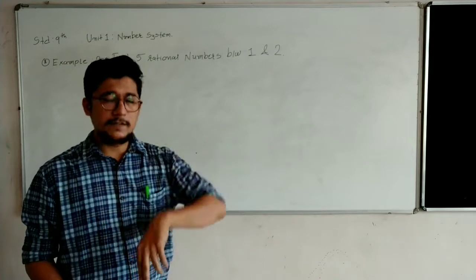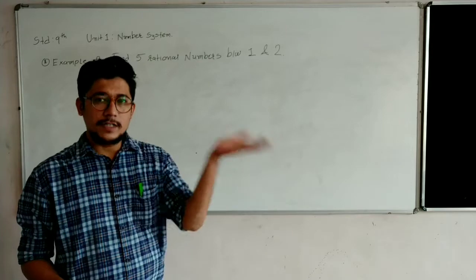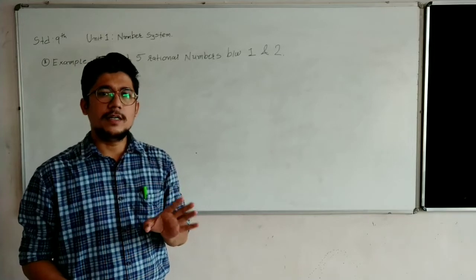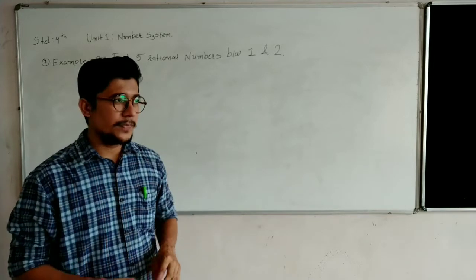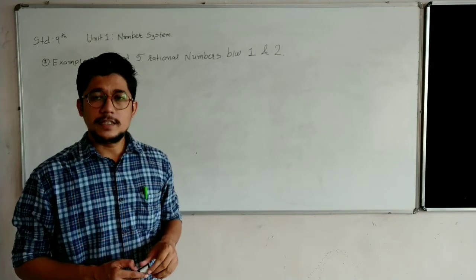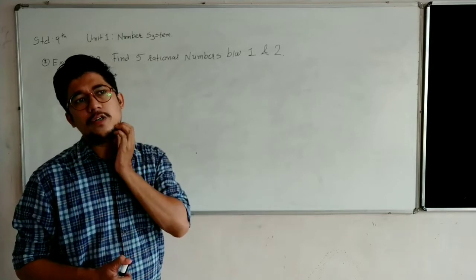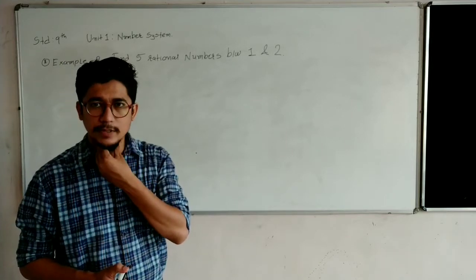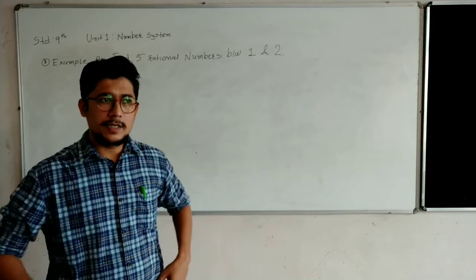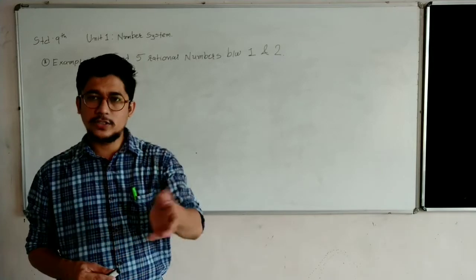Rational number is further divided into integers. Integers can be further divided into categories, that is positive number, negative number, zero and whole number. We have already learned about positive integer, negative integer, zero and whole number, and we have already discussed integers and rational numbers. What we haven't discussed yet is irrational number, but we will cover that in the next online session.